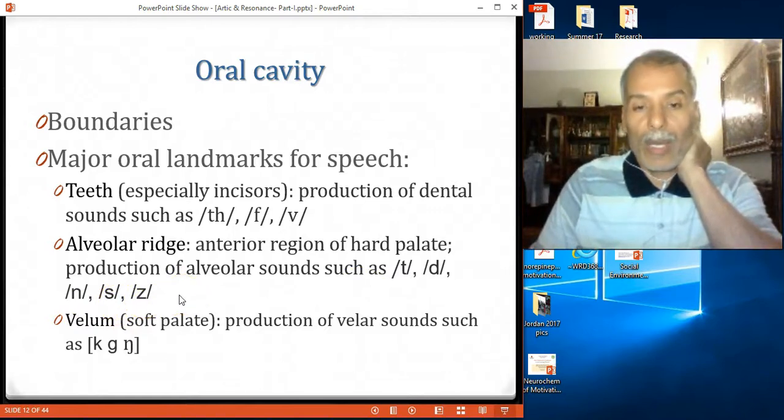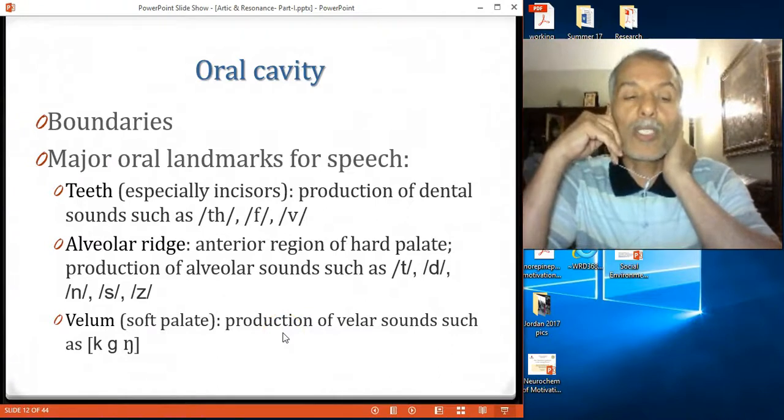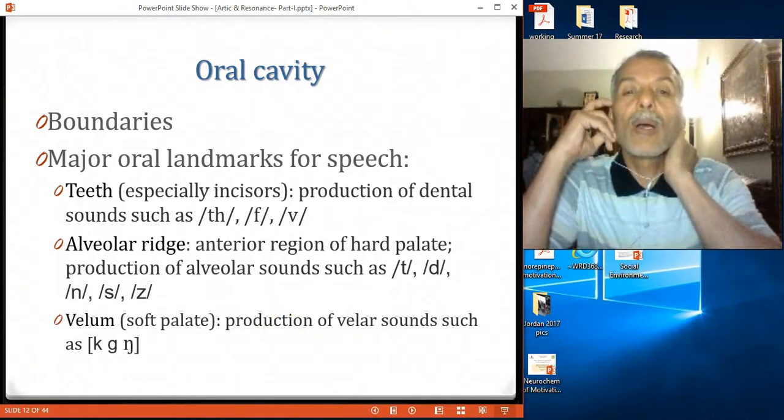We also use it to make l, as in light, light. And then the velum, or the soft palate, is used for production of the sounds k, g, and